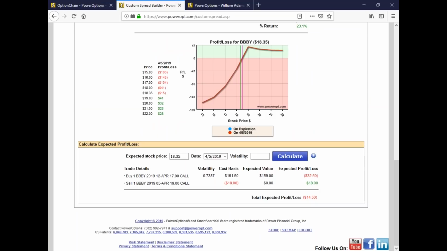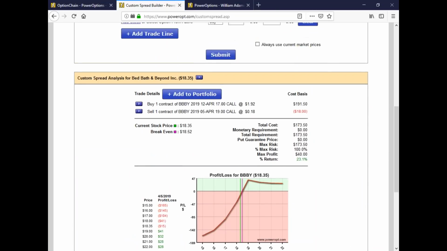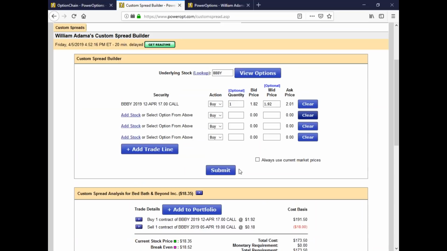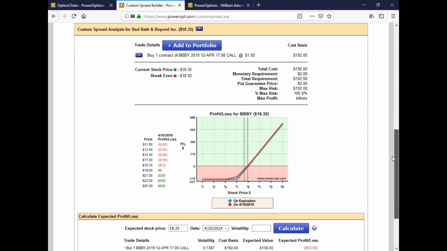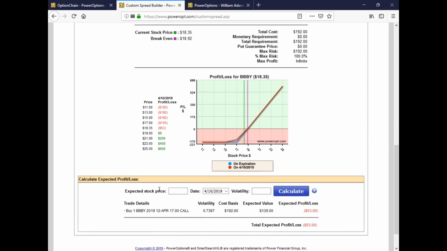And again, what happens if the stock stays the same? Let's just clear that out. Let's just look at the long call again, but we knocked our price down to 173. So again, what could we expect to happen if the stock moves up to $20 on expiration of 4/12 or on the 10th, right after the earnings comes out? Well, it's going to show me a value of 108. It's almost a 50% return for a 2-point move, a $1.65 move. That sounds fantastic. But wait, this volatility on April 10th will not be